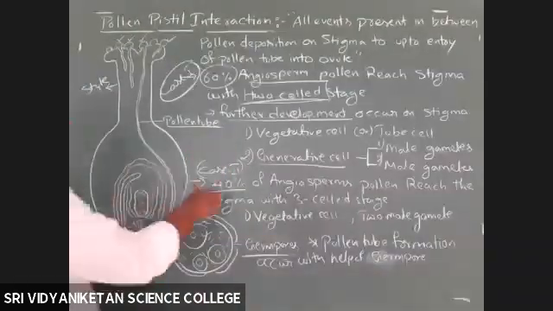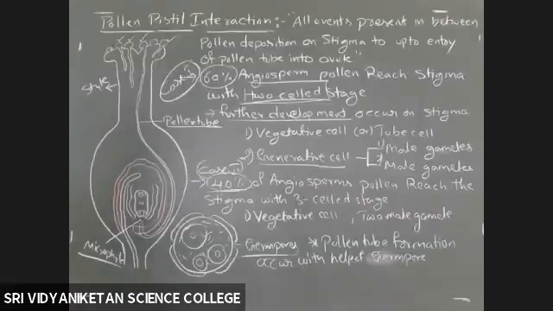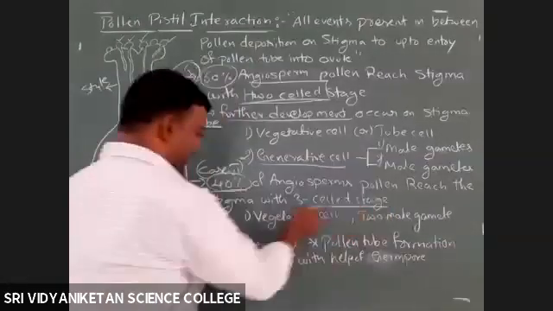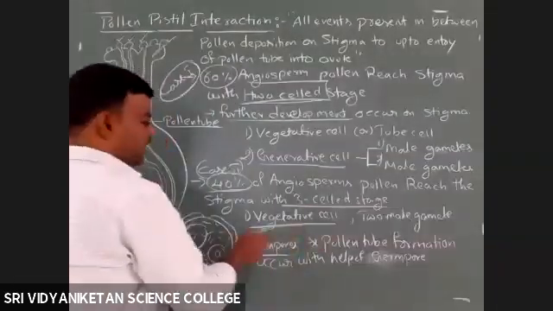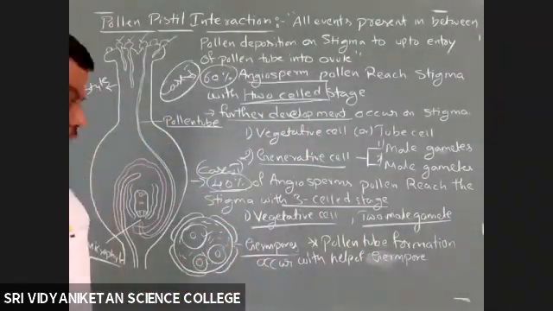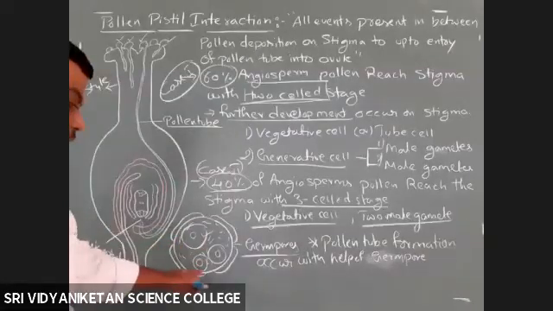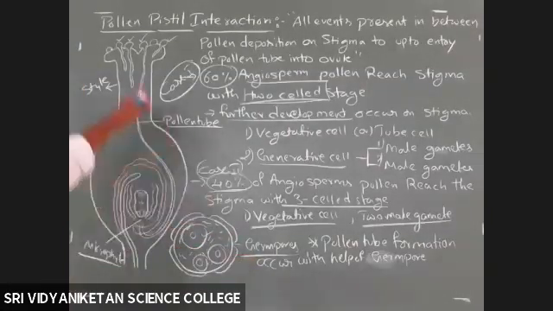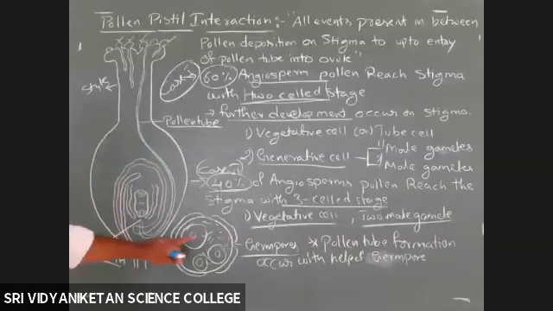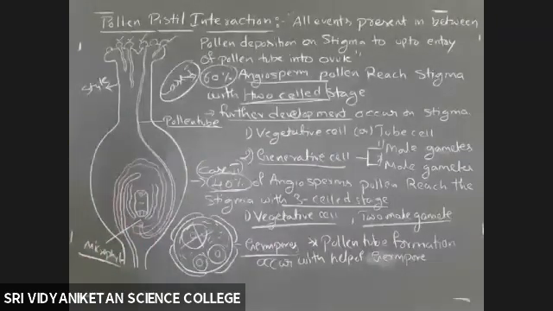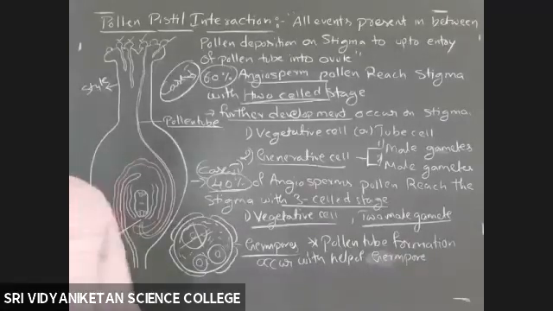But in some angiosperms, nearly 40%, the pollen grain reaches the stigma directly at a three-celled stage, consisting of one vegetative cell and two male gametes, so there is no further development. Finally, the cytoplasmic content along with the vegetative cell and the two male gametes enters into the pollen tube. During this growth, the vegetative cell degenerates in the pollen grain, and the two male gametes are present at the tip of the pollen tube. That is the process of pollen pistil interaction.